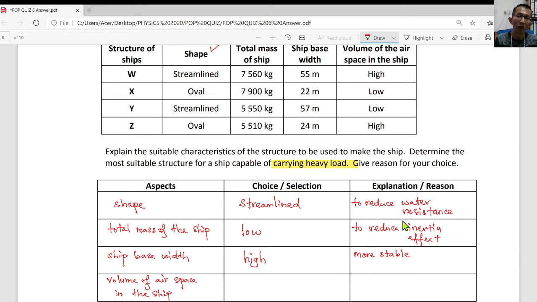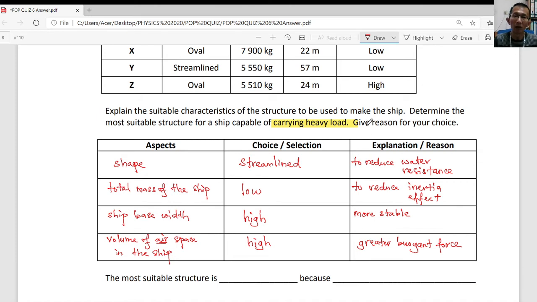Alright, next, volume of the air space in the ship. Here we have two choices, low and also high. Which one do you choose? Here we are going to choose high. Why do we choose high volume of the airspace? This will produce greater buoyant force. Okay, so we have